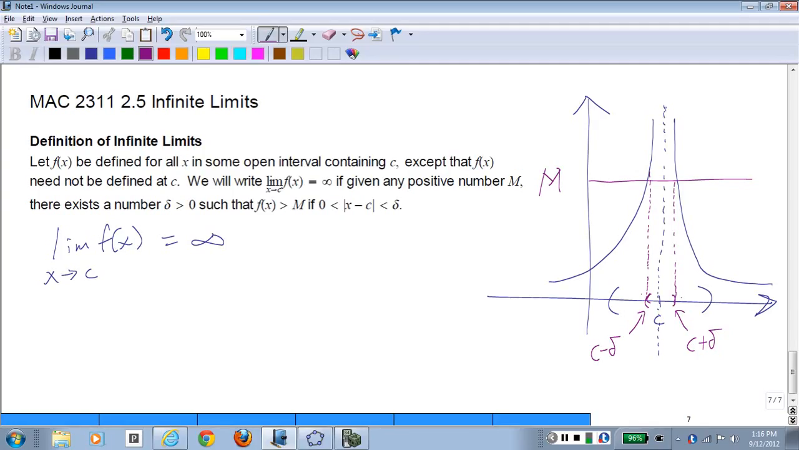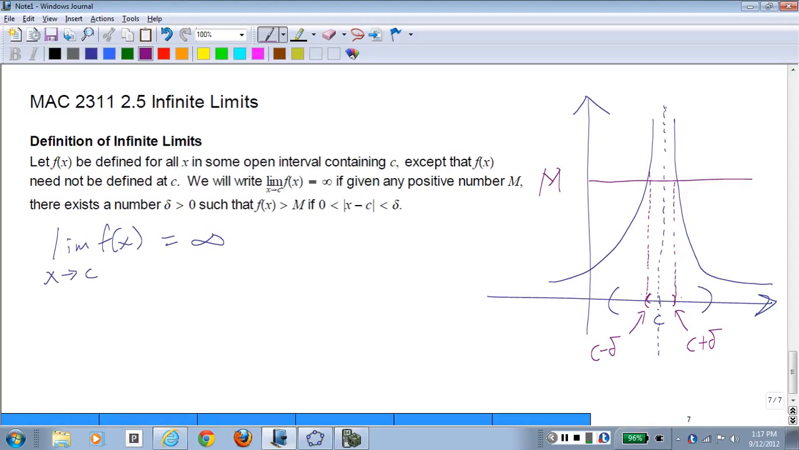There exists a delta greater than 0 such that f of x is greater than m for any x in that interval except possibly at c, where it's undefined. So I just want to make sure that as long as I'm close enough to c, if I evaluate the function anywhere in there, it's going to hit above that horizontal line. If I move the horizontal line up higher, then I might have to shrink the interval around c, get closer and closer to c, so that it's going to be higher still. So as a rule, the higher the m goes, the smaller delta has to be